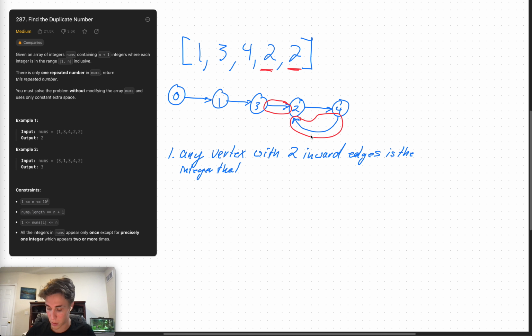Integer that appears twice. So that's my first statement. Now, someone who might be a bit more careful and thorough with this example could propose a situation that I'm about to draw out right now